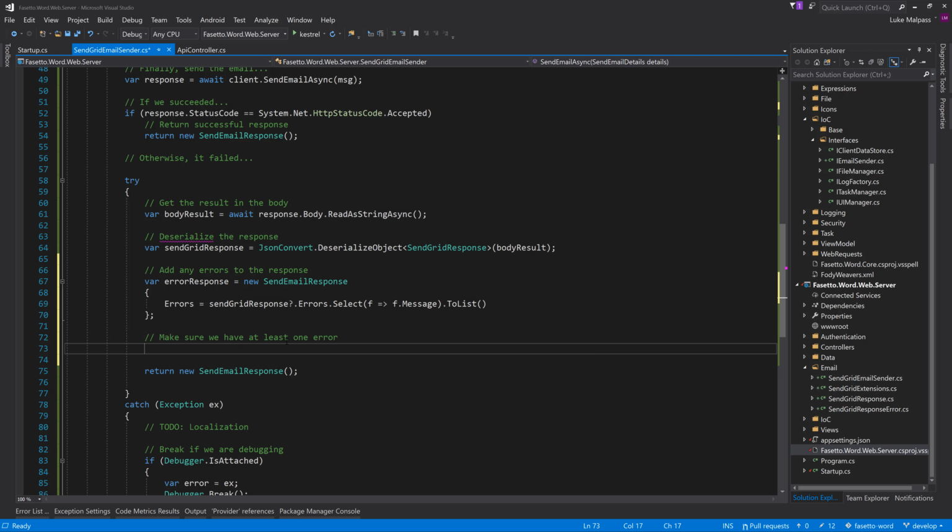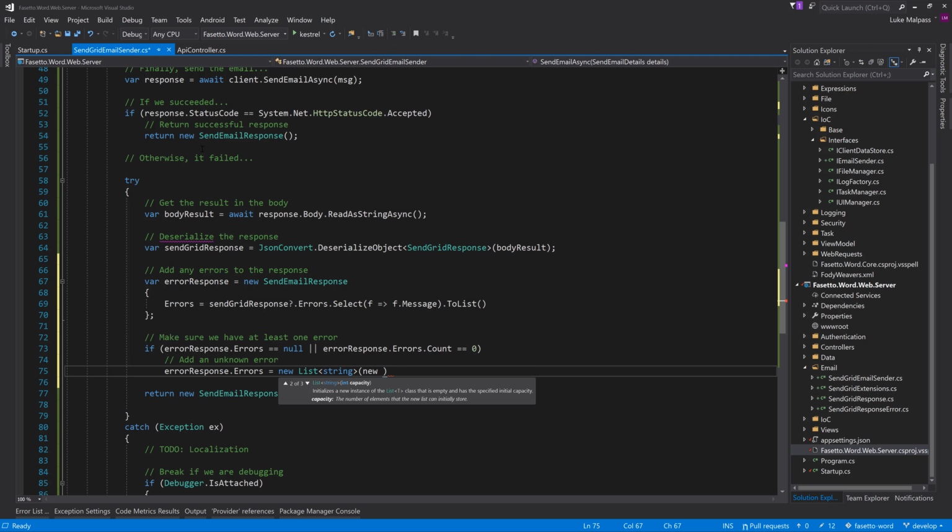So we'd then say if error response.errors ?count, or error response.errors.count equals 0, then add an unknown error. So we'll then just add error response.errors equals new, just in case it's null. And in here, we'll do unknown